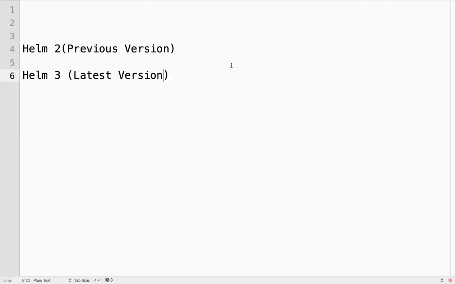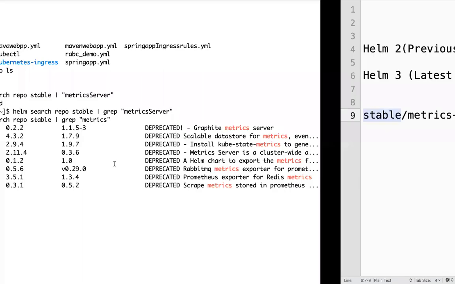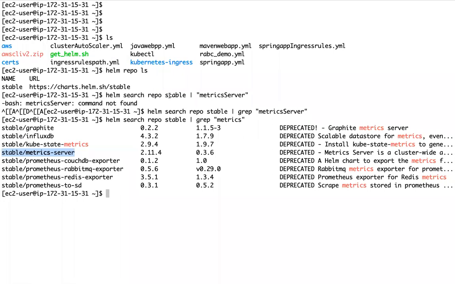In this format you see, right? This is the chart name. And what is this? Basically, it's the repository name which I have added, the Helm repository name which I have given here.